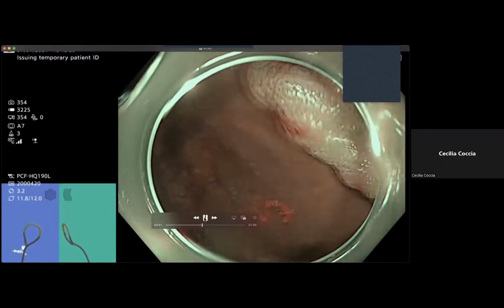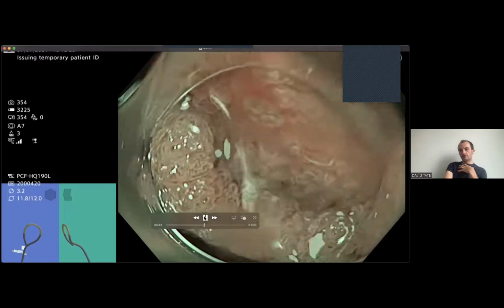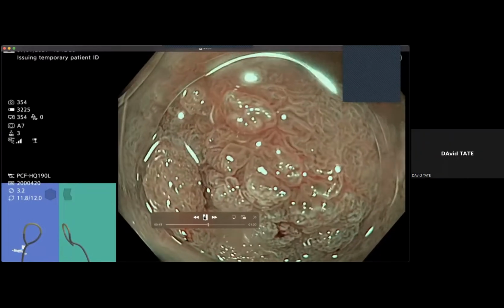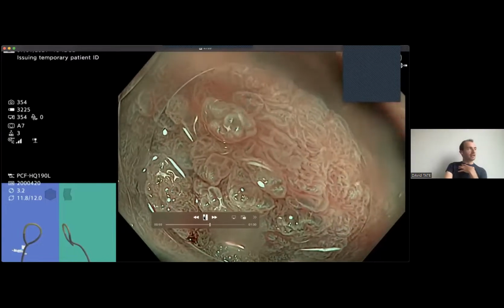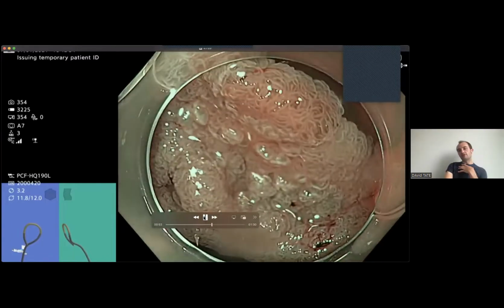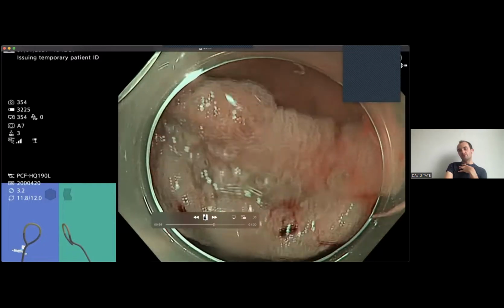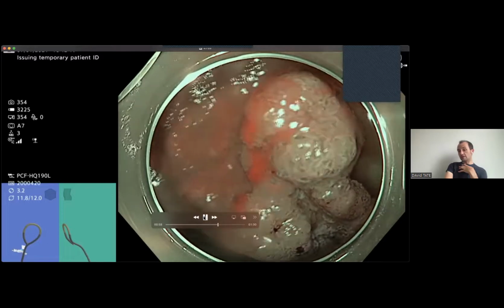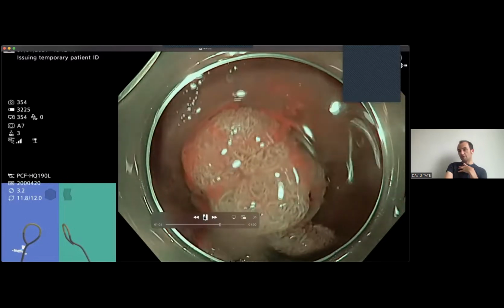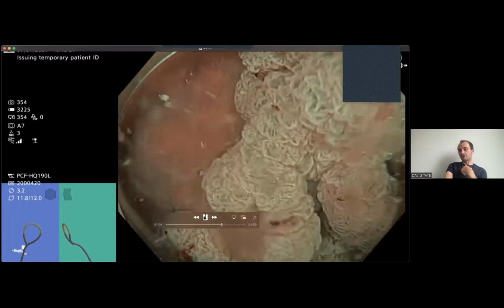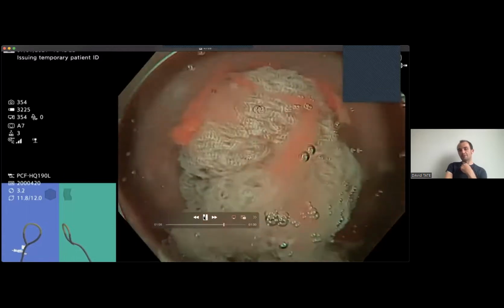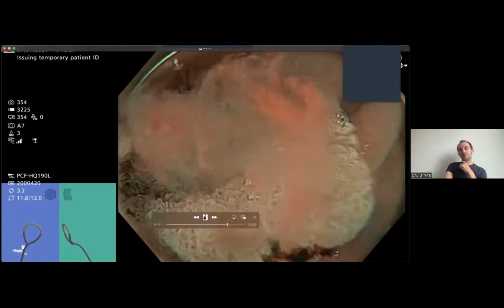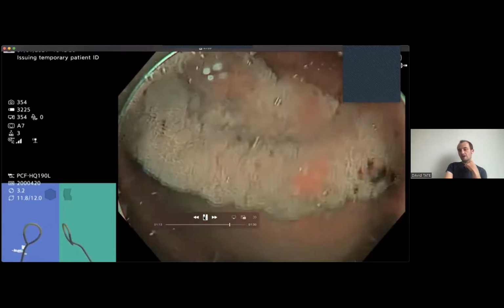Yes. Okay, so it's probably 2A plus 1S. All right, perfect. And therefore, we can use the calculator to get the risk, but you might be starting to get the idea that some things in the calculator are low risk and some are high risk. So right side is low risk of the colon. Left side, mainly the rectum, is high risk. Anything with a nodule is higher risk than anything without a nodule. Bigger polyps are higher risk than smaller polyps, and non-granular polyps are more risky than granular polyps.